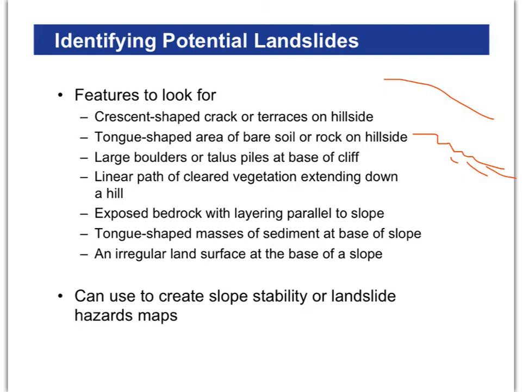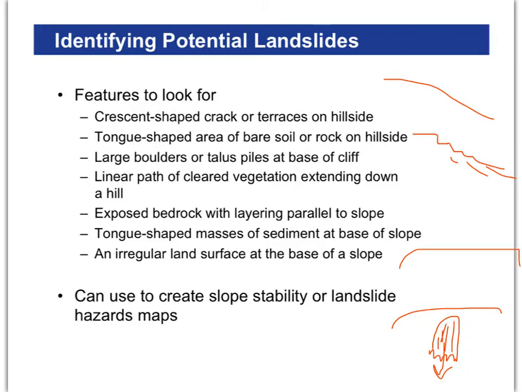This can sometimes take the form of a tongue shape. If we're looking at the hill from the front, and you see something that looks like a Pac-Man ghost, I know, but sort of a tongue-shaped slump in the side of the hill, if you're facing the hill, that means that whole area is likely to come down. We'll look at some of those examples in class. I can show you some examples.